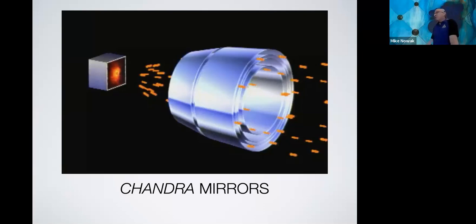What are the mirrors? The mirrors are very thin glass with a coating of iridium on them. Typically you use a very dense metal to coat this, so X-ray mirrors are either coated with something like iridium or gold. And you try to make them as thin as possible because weight is money when you launch something into space.